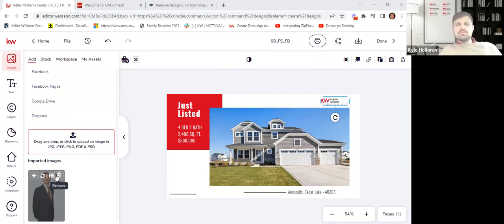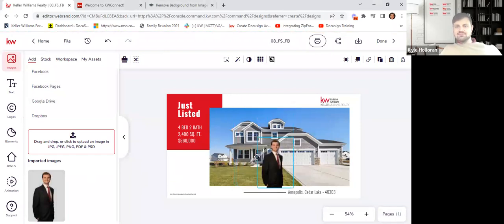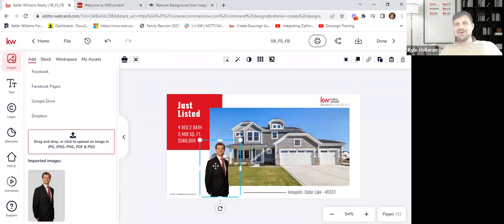I remember I told you about remove.bg, right? And ways that you could use that. So this was my head. This was my shot. I just put it in remove BG and I removed the background, right? I can add that in and watch this. So now I can add this photo and there I am. Okay. So now I can move myself around. I can move myself over here like I'm hanging out in the front yard, right? You can do some funny stuff with this, right?